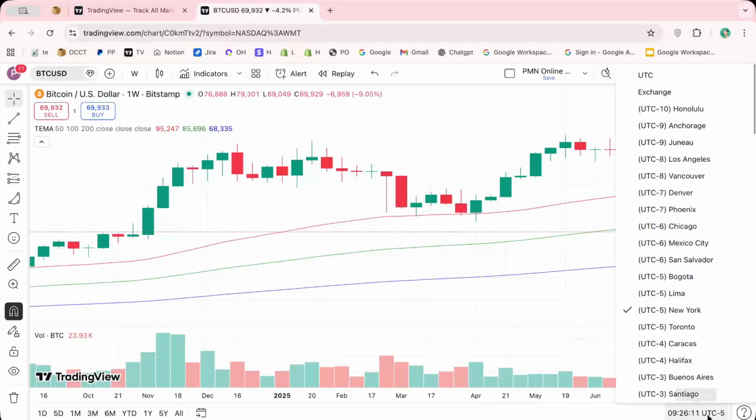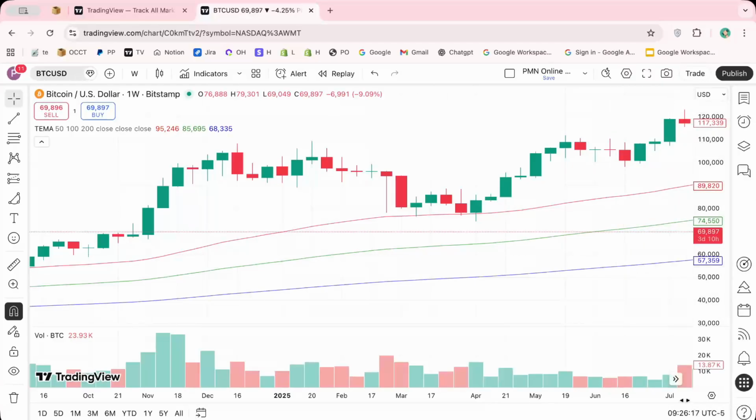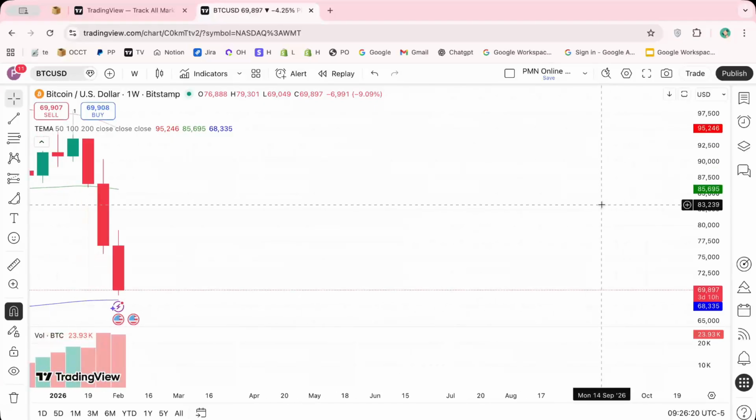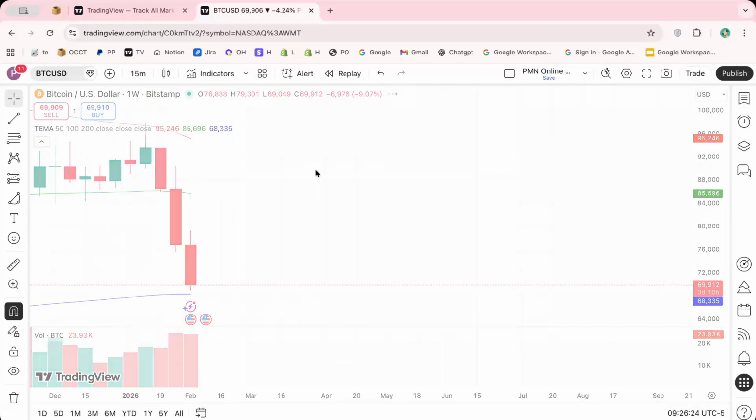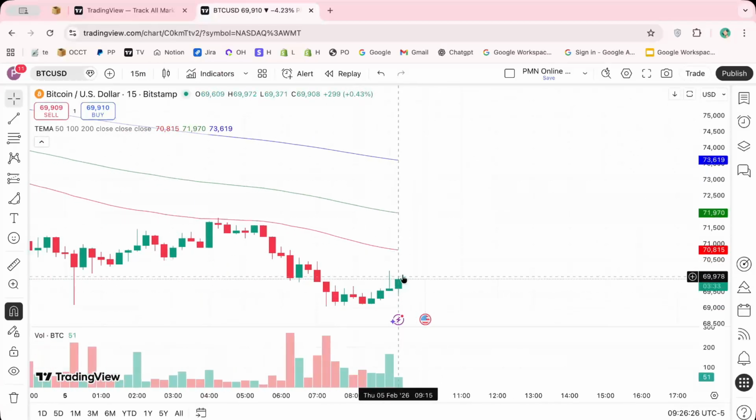Scroll through this list to find your desired time zone. Once you've located the right one, click to select it. This will immediately update your chart's time references to align with your choice. It's as simple as that. Now you can continue analyzing your charts with confidence, knowing that the time bar aligns perfectly with your local hours